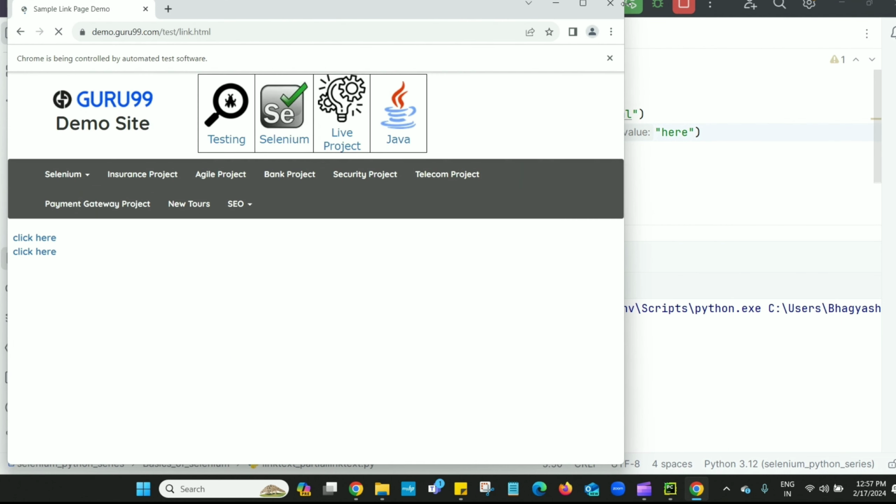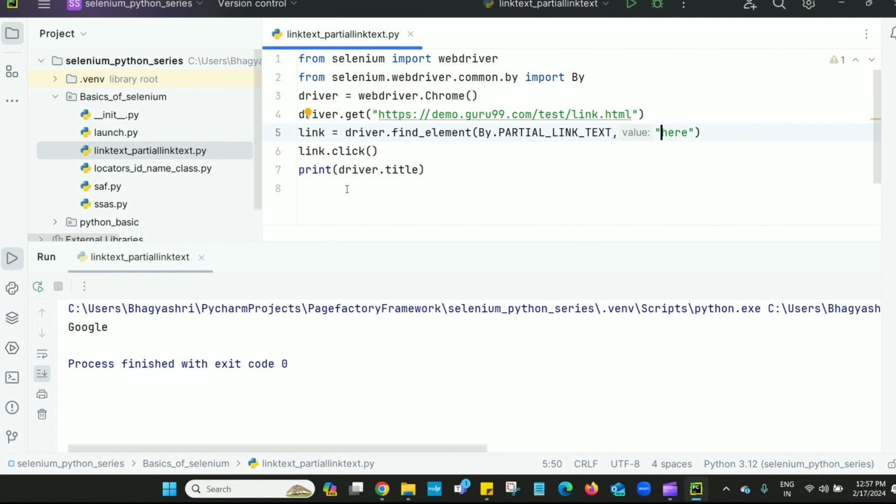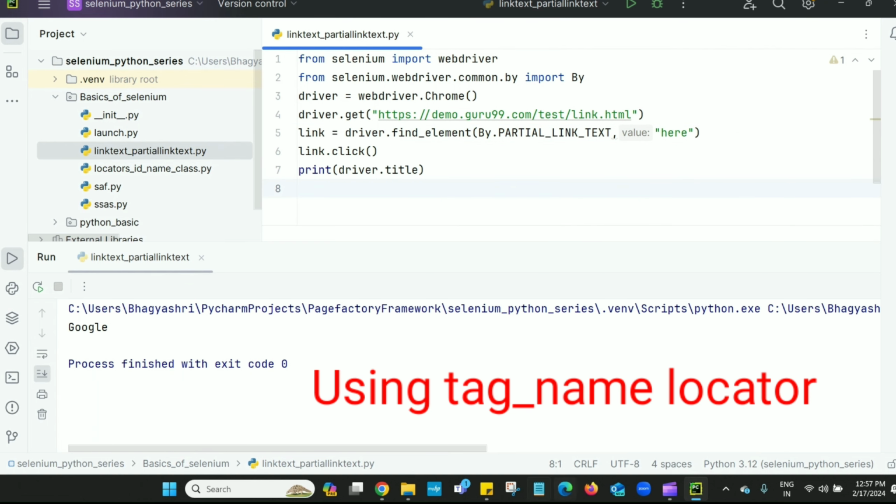Same here, it is launching the browser, clicking on the link and printing the title. So by using link text or partial link text, we can find the hyperlinks on the page. Basically, link text and partial link text are used for identifying the hyperlinks.